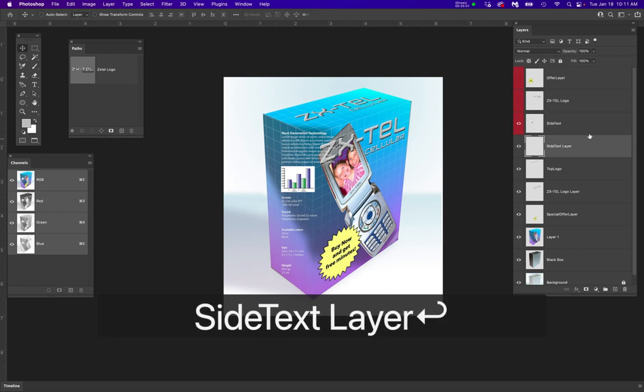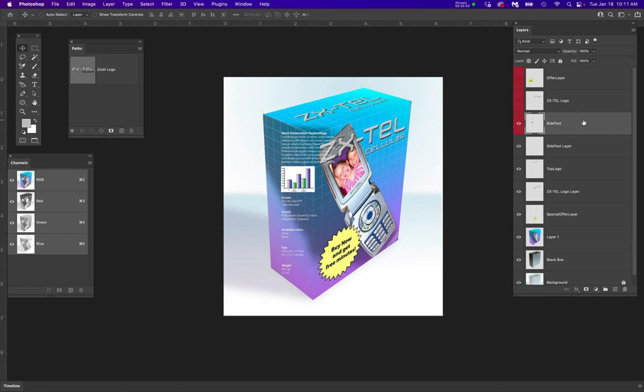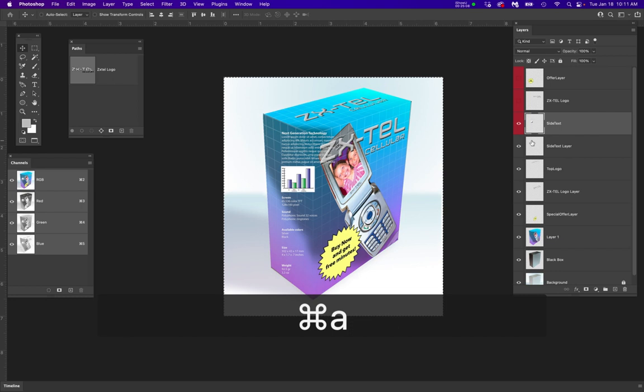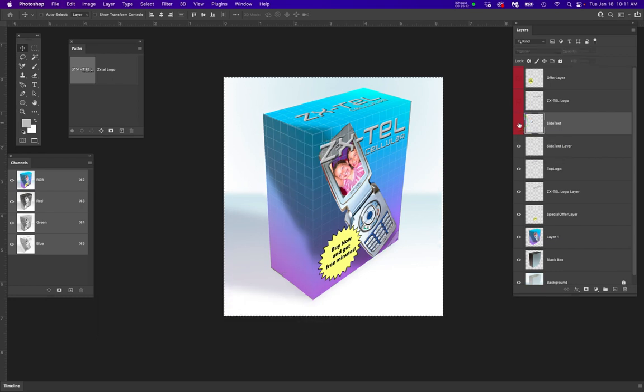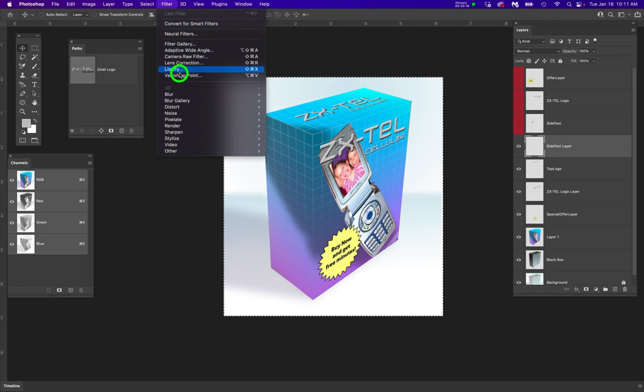Okay, now click back up to the side text. Control A to select all. Control C to copy, turn it off. Where do I click? I have to click on that new blank layer. Now, filter, vanishing point,